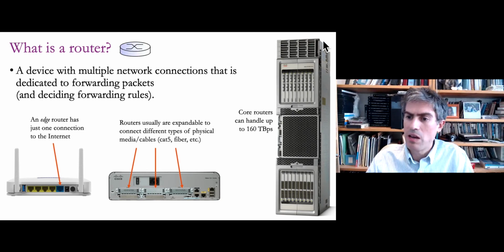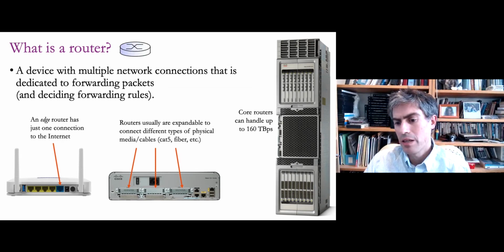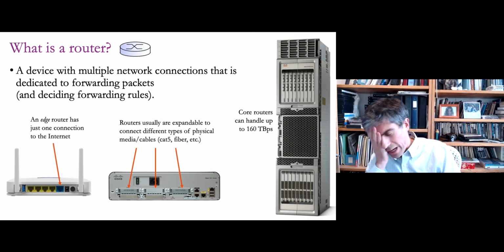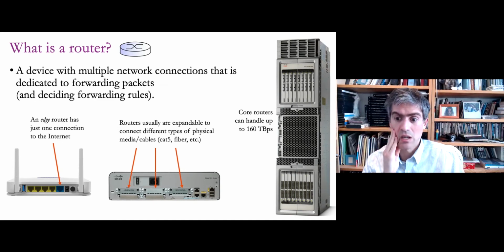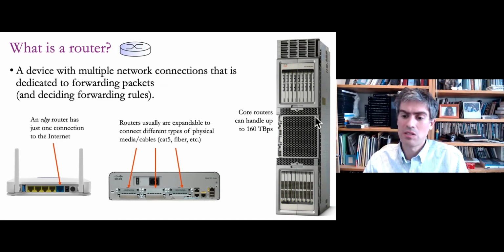On the far right-hand side, we have a huge, rack-sized router. This is like what you'd see in the core of the internet. A router like this can handle up to 160 terabits per second, last I checked, which is just a huge number. If you think about the amount of data flowing, a CPU, by contrast, can do tens of gigabits per second, I think. So this is like 1,000 times more data flow in and out than you can get on the latest CPU using all of the PCI Express